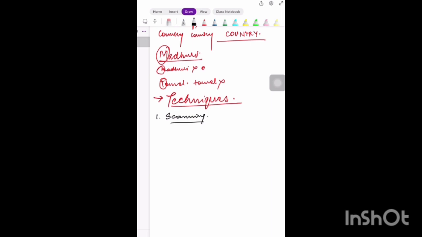Okay, now second, scanning is like we look for a particular word in the para and ignore the whole thing. तो जैसे कि मेरे क्वेश्चन में दिया है, my question says COVID-19 vaccination was introduced by